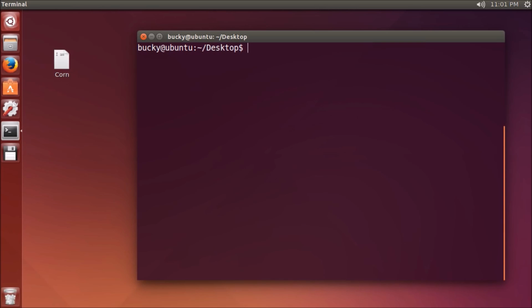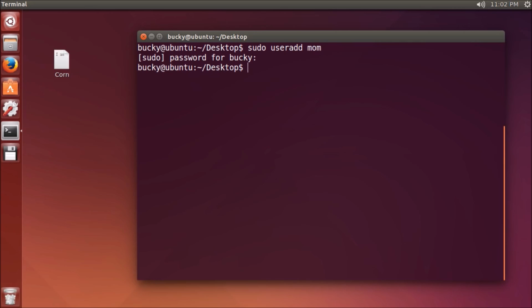So let me clear out of this, and let's go ahead and add a new user. I'm going to add my mom as a user on this computer, and in order to add a new user, you need root or super user privileges. Since I'm logged in as Bucky, I need to call sudo, super user do, and the command for adding a new user is useradd, and then their username, and her username can just be mom. Now it asks me to make sure I have the right privileges, so I type the password, which is just the main password I use to log in. And we've now added mom.